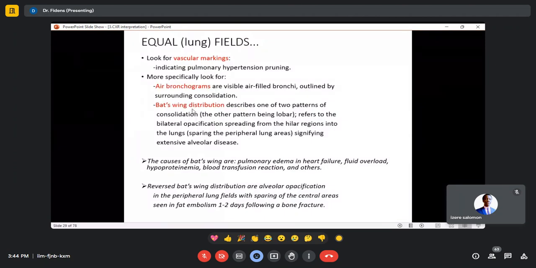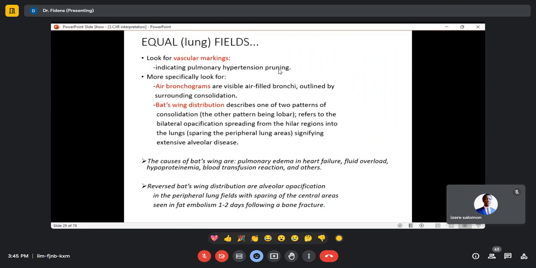Listen, this slide is also somehow important. You also have to look in the lungs for the vascular markings. You can diagnose pulmonary hypertension. There is what you call the pruning sign. Pruning sign, like this. It's when, from the hilum, the vessels are prominent in pulmonary hypertension, especially in